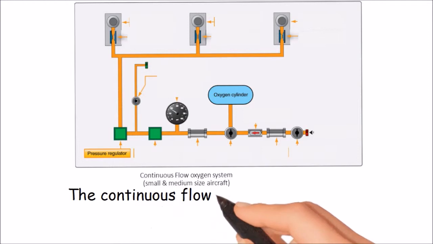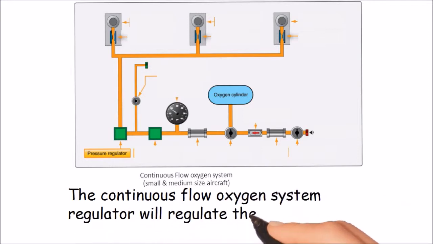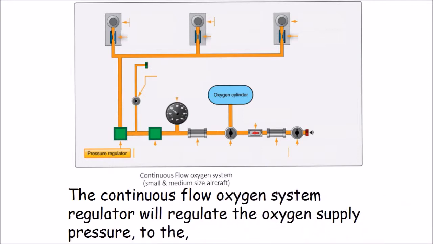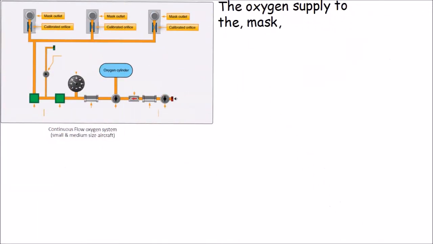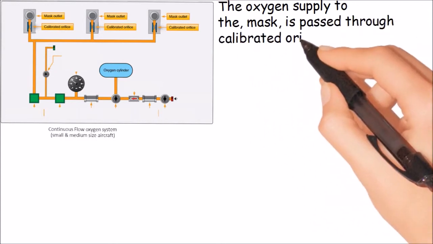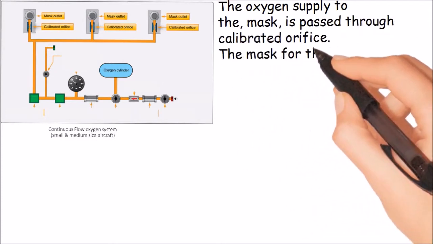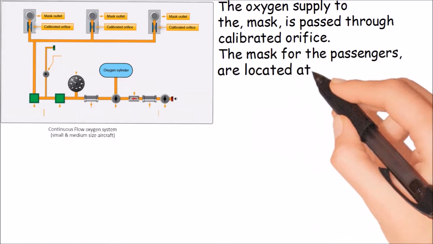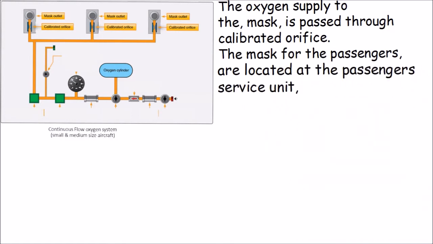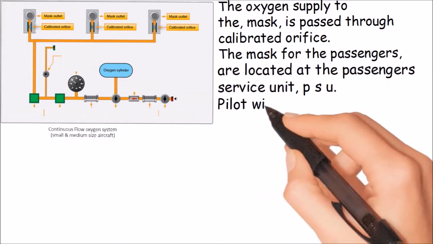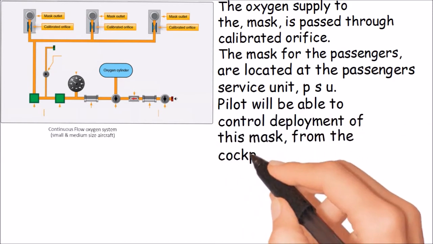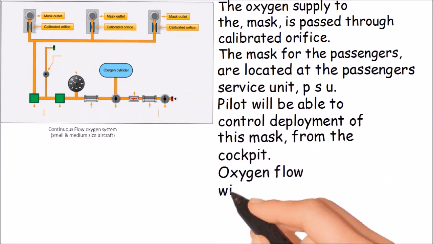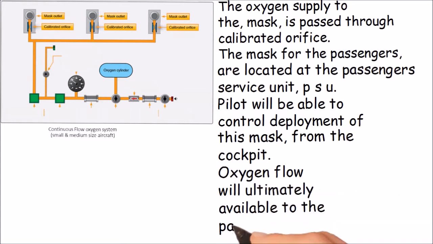The continuous flow oxygen system regulator will regulate the oxygen supply pressure to the mask. The oxygen supply to the mask is passed through a calibrated orifice. The masks for the passengers are located at the Passenger Service Unit, PSU. The pilot will be able to control deployment of this mask from the cockpit. Oxygen flow will ultimately be available to the passenger when